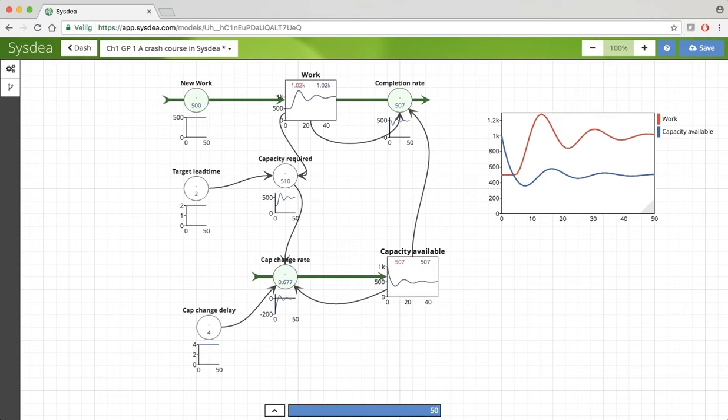What we've seen so far is that it's not easy to get rid of the oscillation, although the rate equations, the decisions as to how you control this system, make perfect sense. You adjust for a change in work and you adjust the capacity. Whatever we do with the delays, etc., without a change in the policies, it's not easy to get